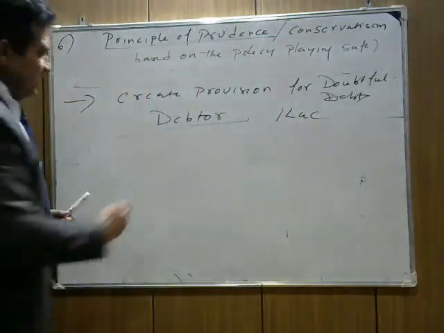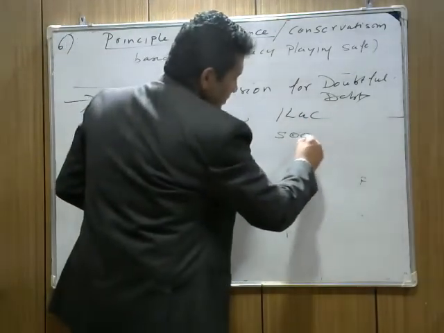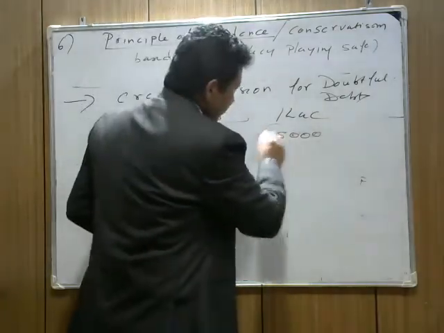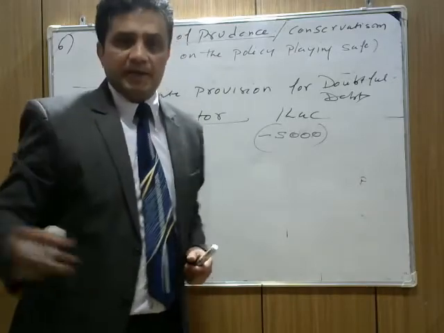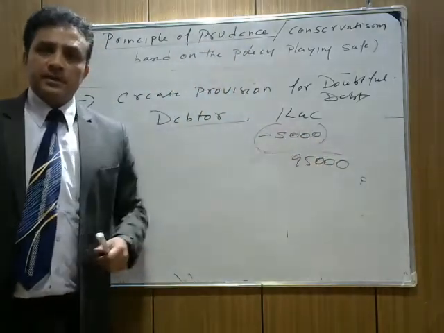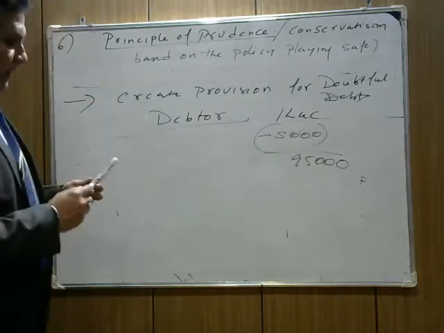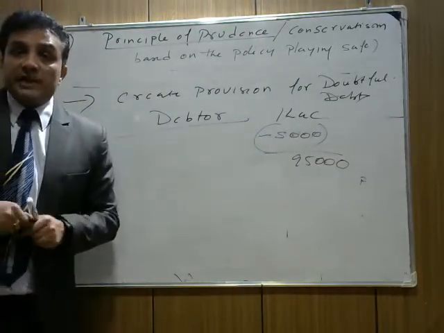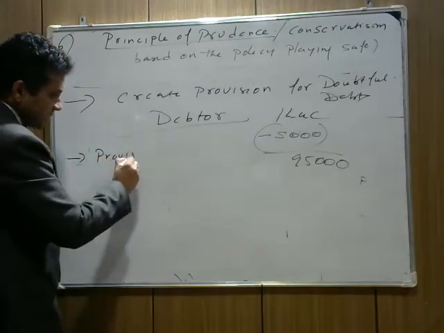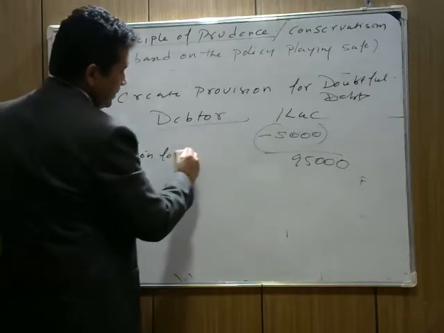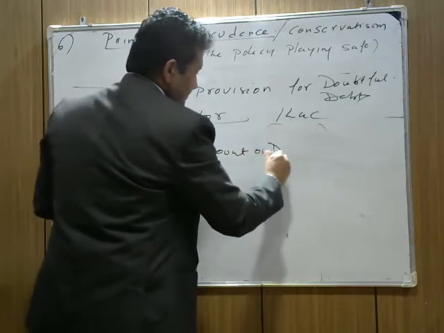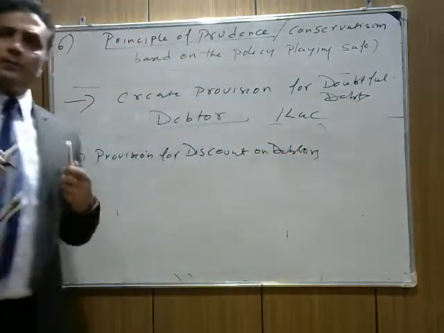It can be created from the amount of debtors. Suppose in a year the total money you have to receive from debtors is 1 lakh, and you think that roughly 5,000 is from 2-3 guys from whom we have to receive 5,000 rupees. They are still doubtful. So mentally we create a provision that this much money will not be received. So mentally you should receive 95,000. So how much do you make the provision? 5,000.